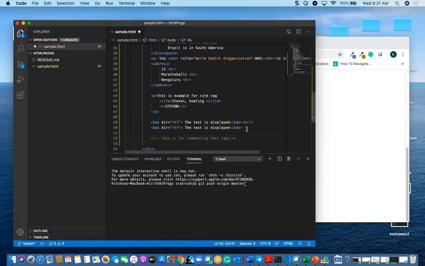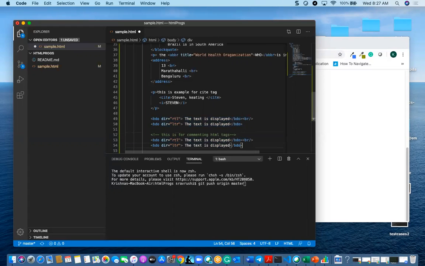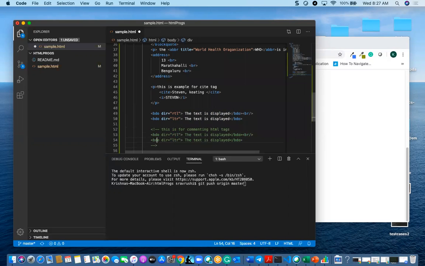We can also comment more than one statement. If I have these two statements and I want to comment this entire block, I can go ahead and comment here. We cannot do it like this.